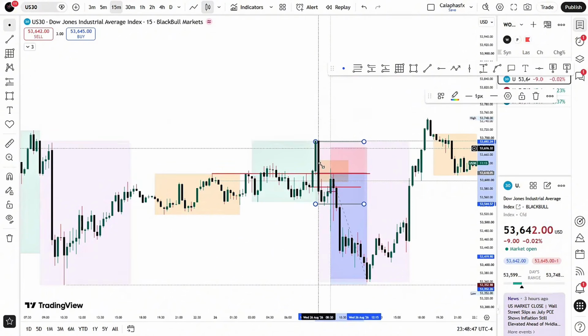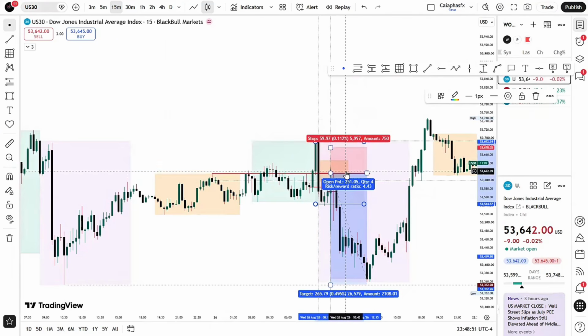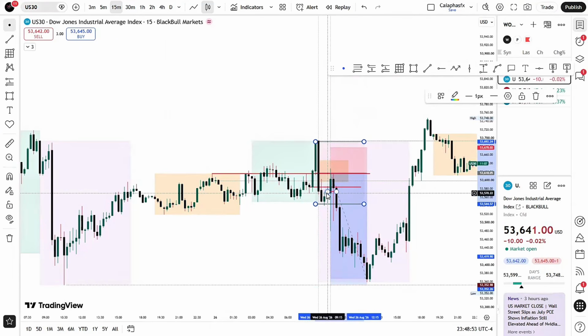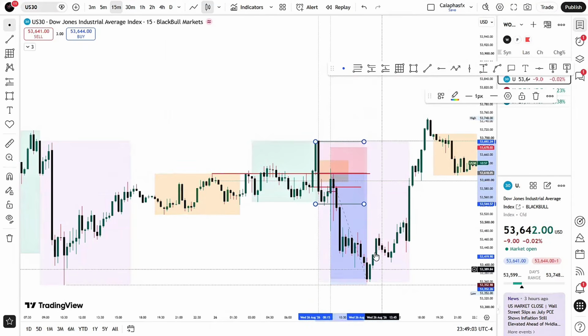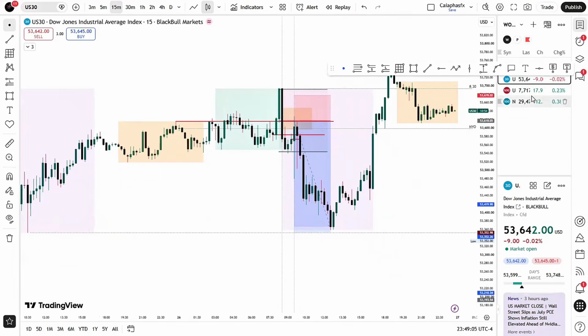Whenever there is expansion, you have to anticipate a retracement back to that expansion 50% range, and then expect the price to then melt. Right, so that was that. And then if you go on this,